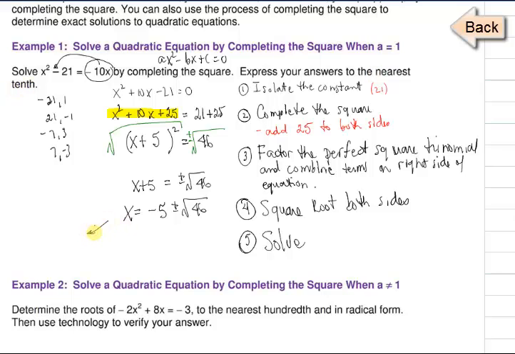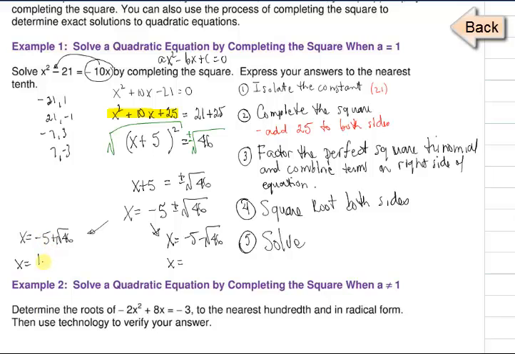So the way to do that, one of your roots is negative 5, and you notice you've got plus and minus here, so you want to go negative 5 plus the square root of 46. And you want to go negative 5 minus the square root of 46, right? Because you've got a plus and a minus, you're going to add the negative 5 to the square root, and you're going to minus the square root from the negative 5, because you have, as you can see, two roots. All right, so you get your graphing calculator out, or any other calculator for that matter, and you work out